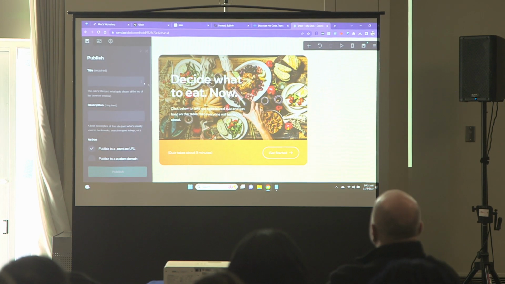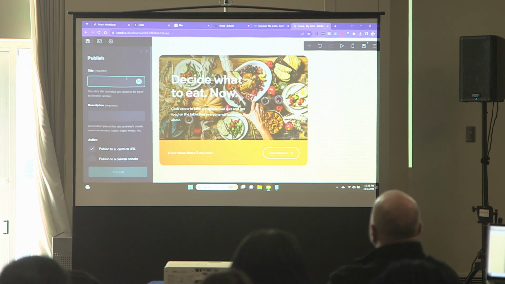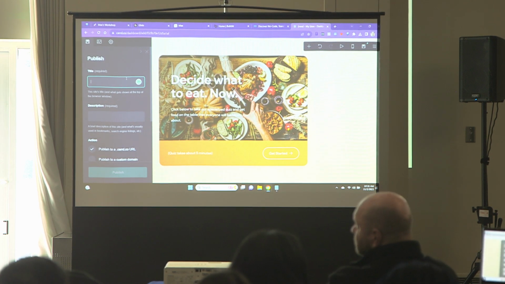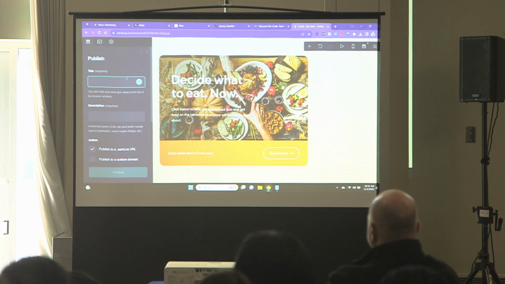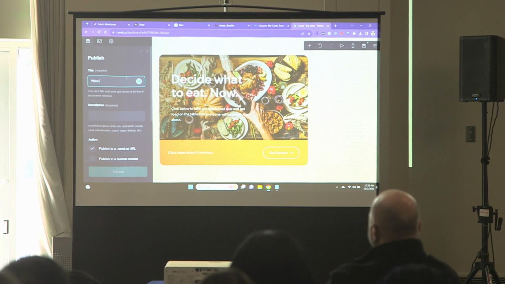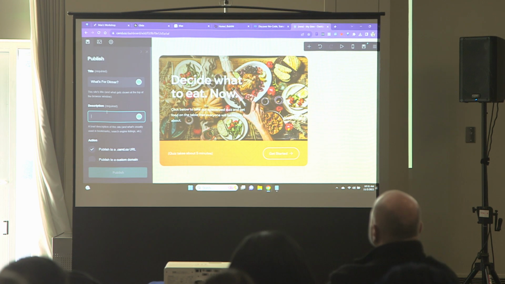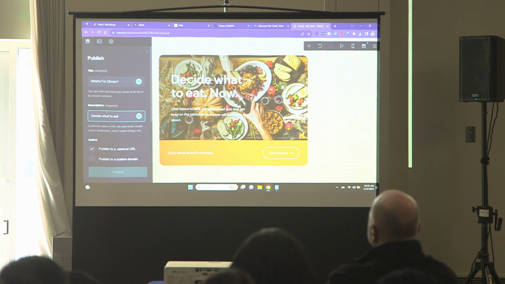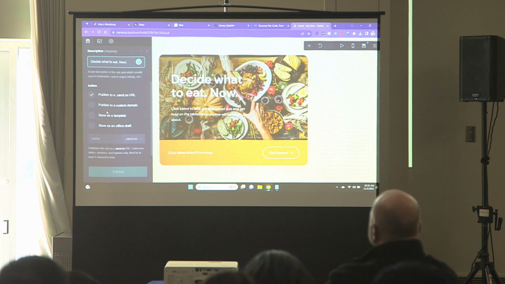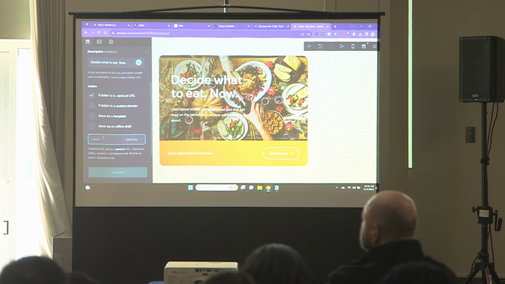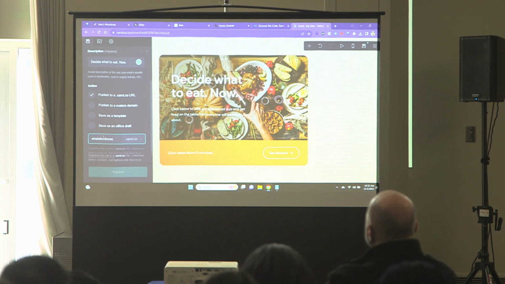So let's publish that just really quickly. And we'll call this name for our little food decider app. What should we name it? Maybe a fun name. What's for dinner? Yeah, I think it's nice and in your face. What's to eat now? And then one really cool thing about Card, it lets me publish to .card.co domains, which means you might say, what's for dinner? So what's for dinner? Let's see if that's available.